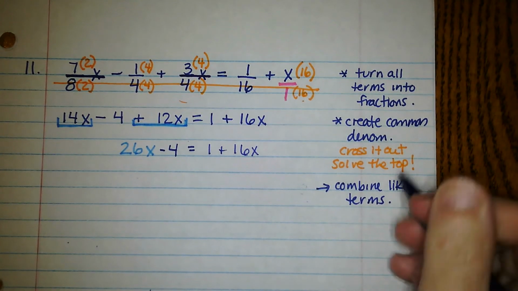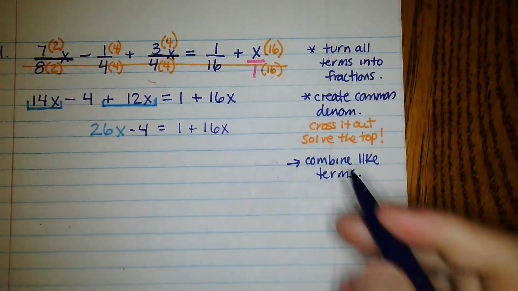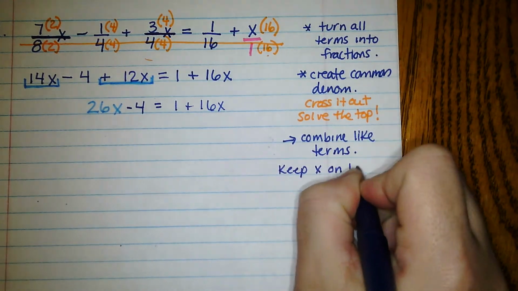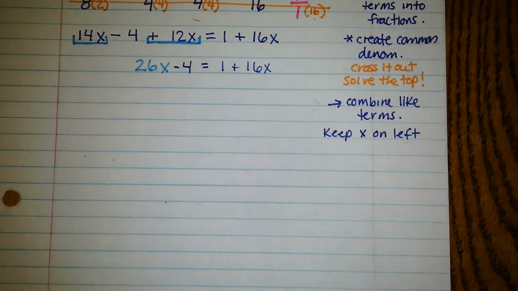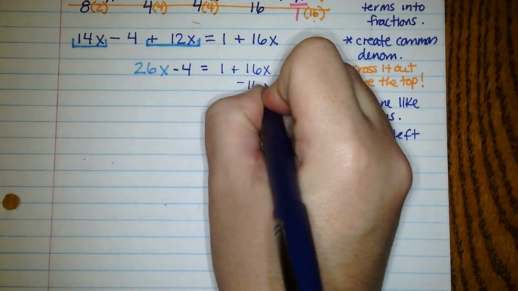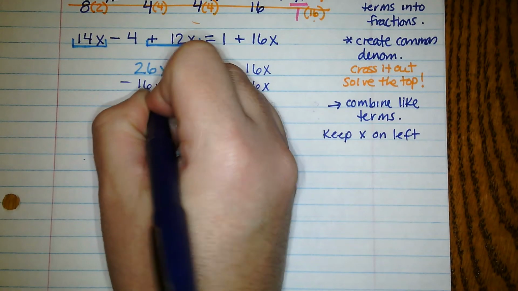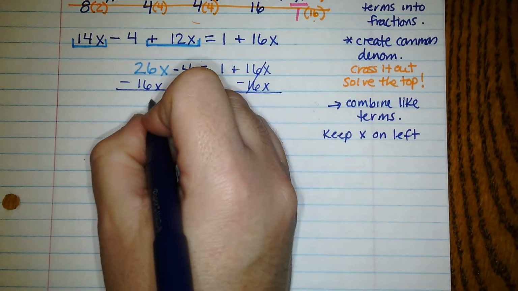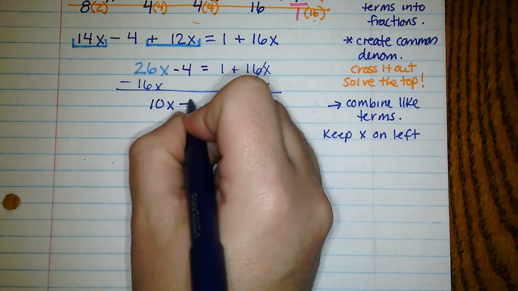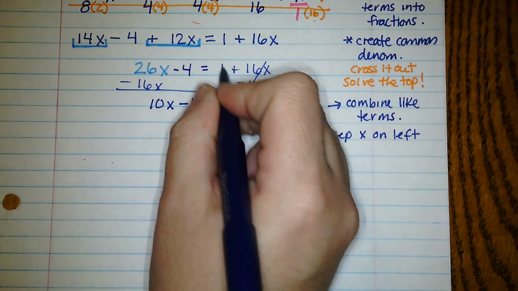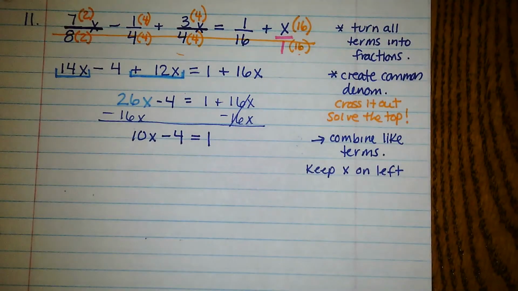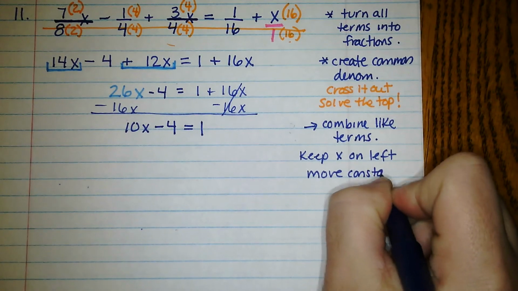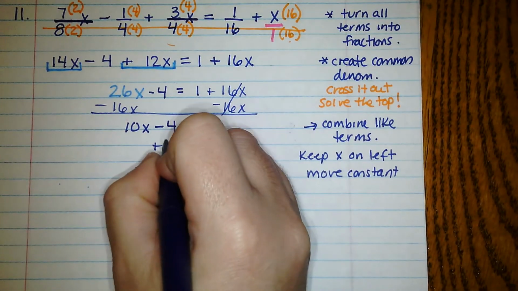So remember that when we're solving, you want to make sure that you keep the variable on the left. So I'm going to subtract 16x from both sides. 26 minus 16 is 10x. Bring down your minus 4. Bring down your equals and bring down your 1. Then we have to move our constant. So plus 4,